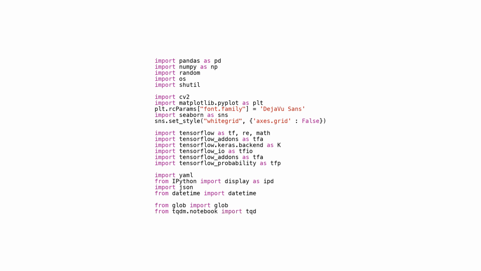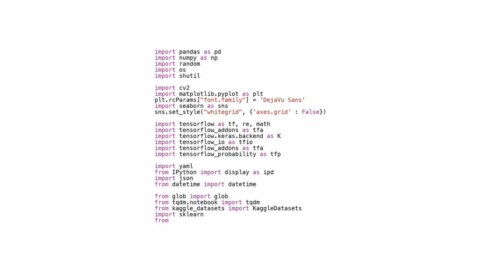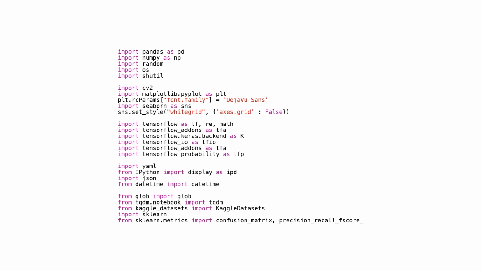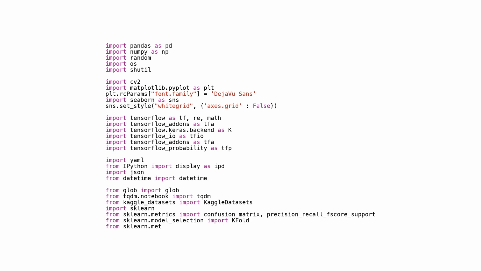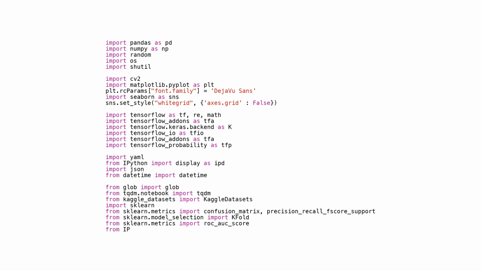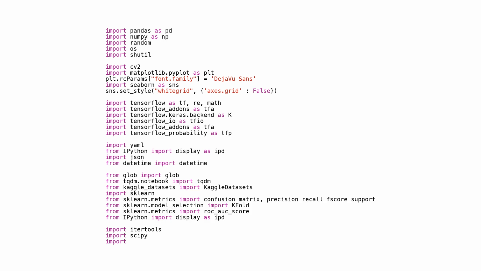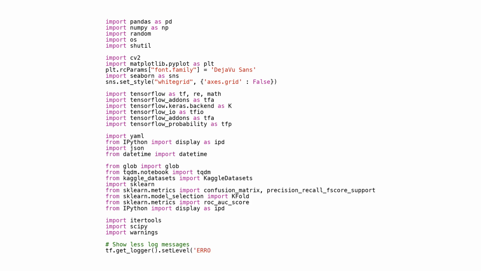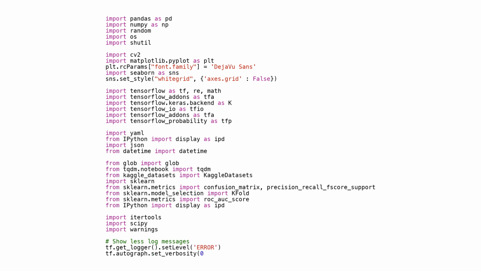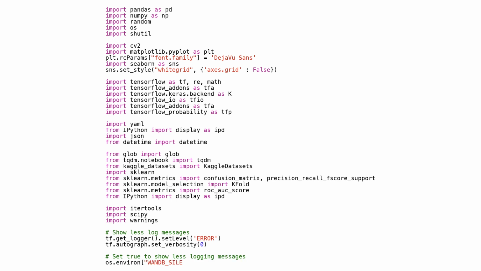But it's not just about crunching data. We want it to look good too, right? That's where we've set up the font and grid style for Seaborn plots. And TensorFlow? We've told it to keep its chatter to a minimum, so it won't be blabbering in our ear the whole time. Finally, we've got a whole slew of functions for calculating things like ROC AUCs and confusion matrices. Plus, we've got the tools for tickling TensorFlow with audio data. It's like we're building a Swiss Army knife for machine learning, with everything we need to explore data and make